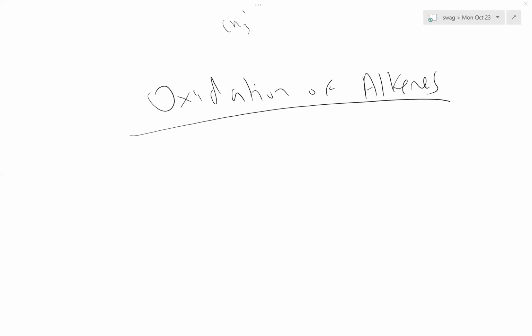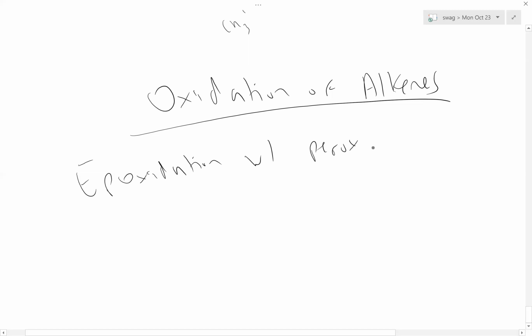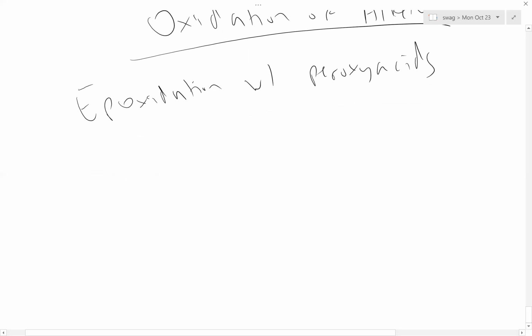So the first one we're going to learn is epoxidation with peroxy acids. So oxidation, epoxidation, peroxy acids, a lot of oxy stuff. This is a very complicated mechanism, but it's a very important one. So I won't go over the mechanism, but you have an alkene